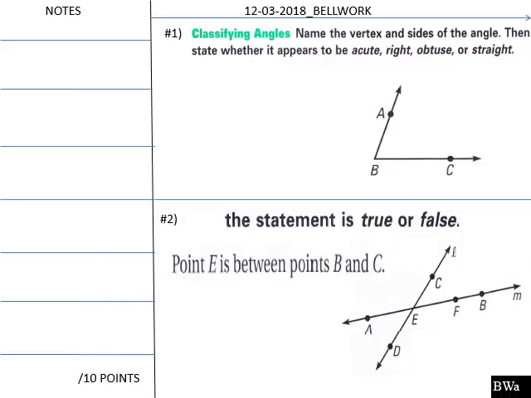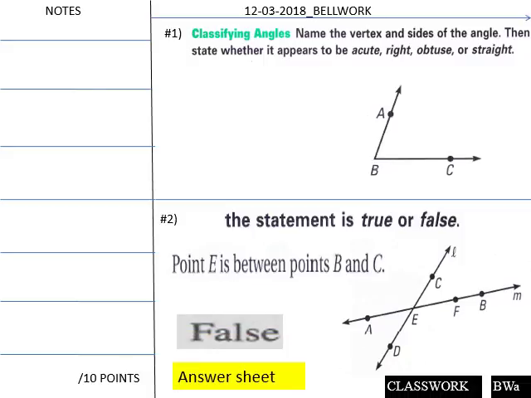Okay, welcome back. Your solutions for your bell work: number 2 would be false. The statement is true or false: point A is between points B and C. Here's C, B is here. No, not between. And then BA is